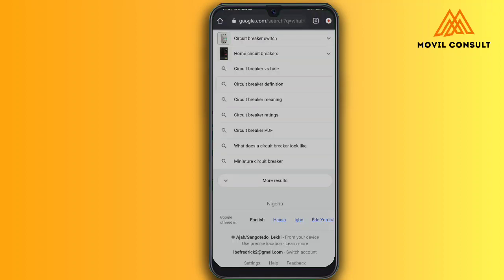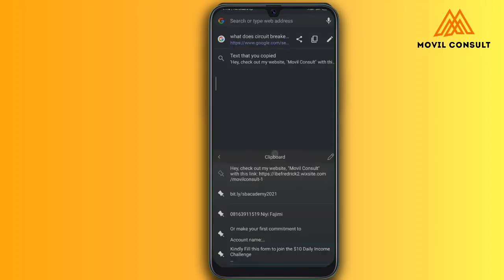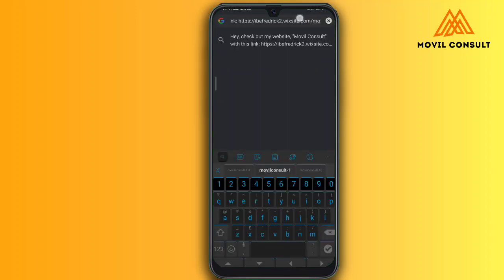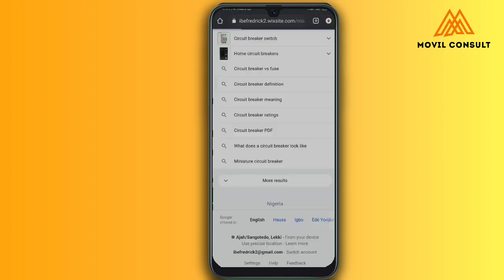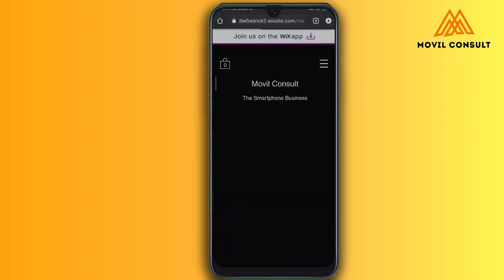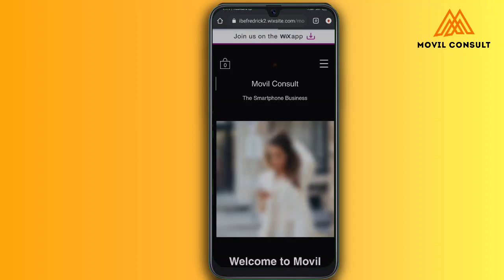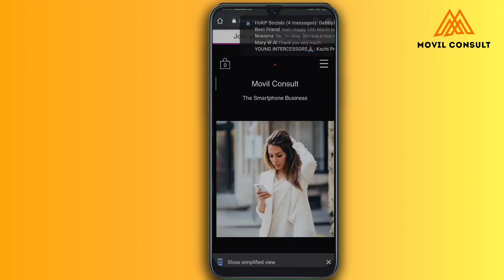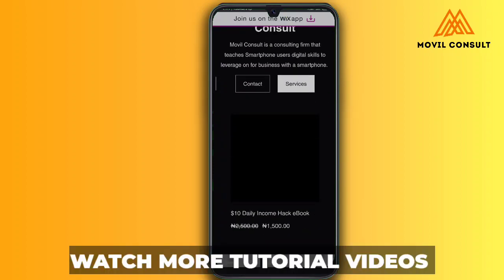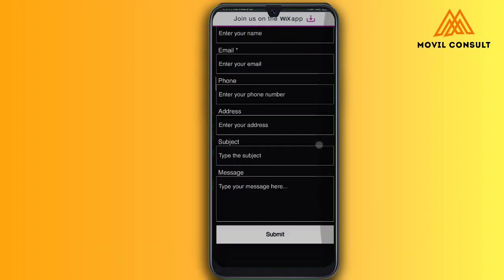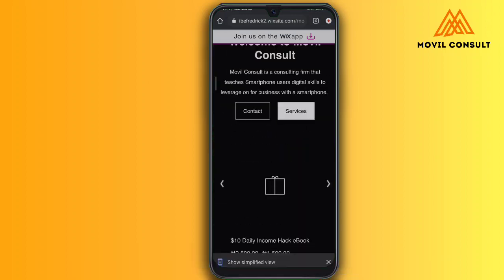Sorry, let's get back. I am going to open that website with this. So this is the website, ebayfrederick2.wixsite.com/moviocons. The ebayfrederick2 is actually the email that I used to open the website. That was what they added here. Remember that you can only change this by going pro, by upgrading your website. If not, like what I tell people, you can change it to bit.ly, and then you can manage it that way until